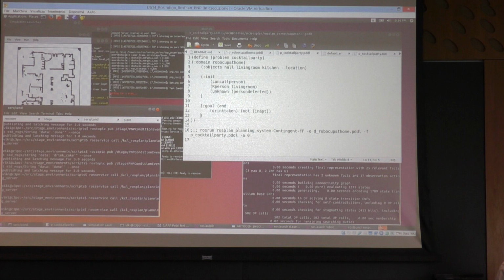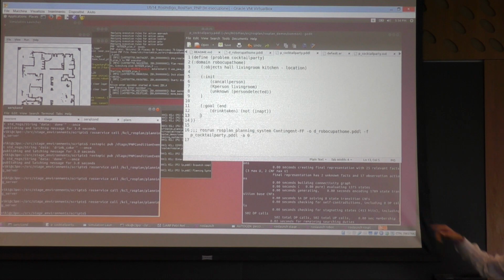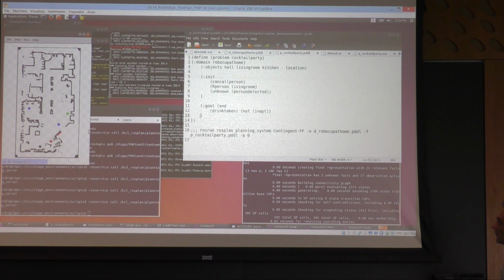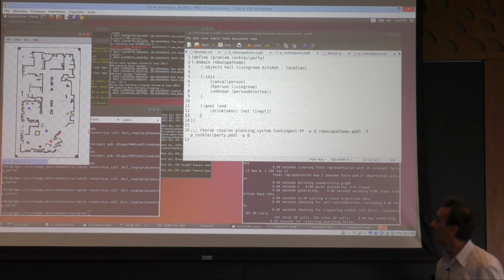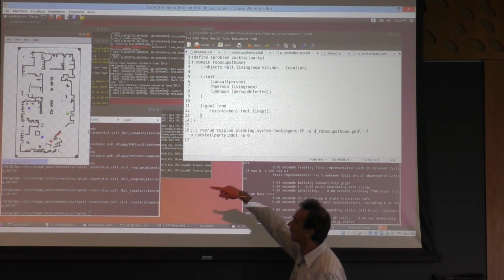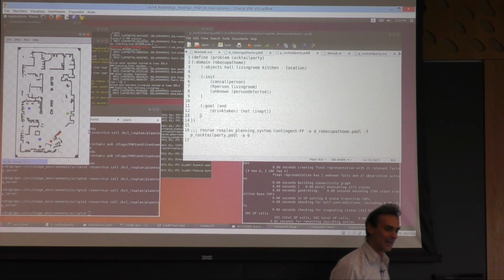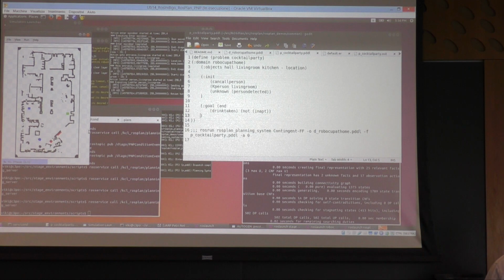So in order to run everything, we just send a call to the planning system that generates the plan and executes the plan. And then I will show you the plan later. Now in the execution of the plan, the robot is going to the living room, and now is looking for a person.